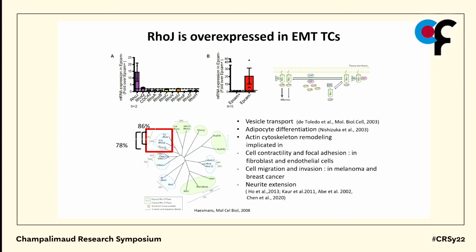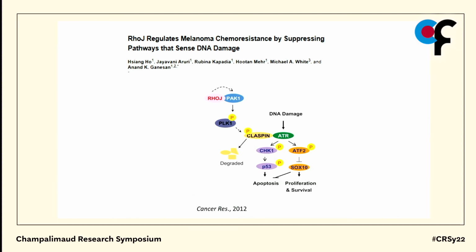And our attention was caught by this small GTPase, which is called RhoG, a member of the CDC42 family of GTPases. There was one paper published some 10 years ago which showed that RhoG would prevent apoptosis following cisplatin 5-FU in melanoma cell lines through a p53-dependent mechanism. Although we didn't think that p53 was important in our case, because we delete p53 in our model, so all cells, EpCAM plus or EpCAM minus, present p53 deletion,